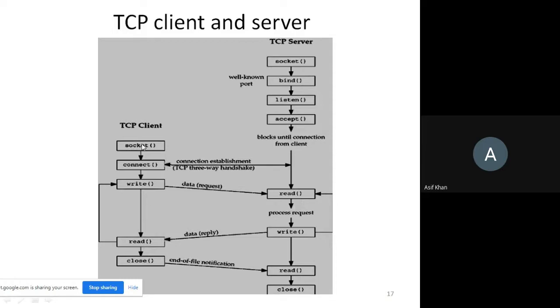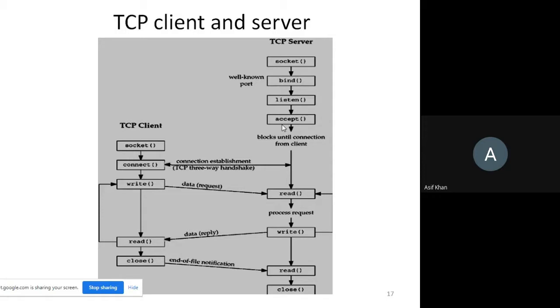Okay, so for TCP socket program, in socket programming we have a client and we have a server. Two computers are there; they're communicating. Client is communicating with the server. So the job of the server is to process the task of the client.